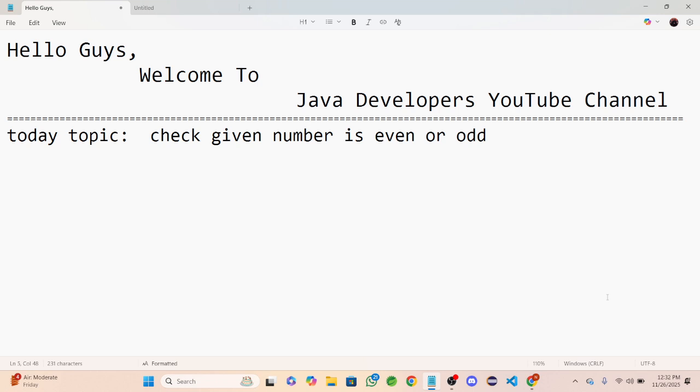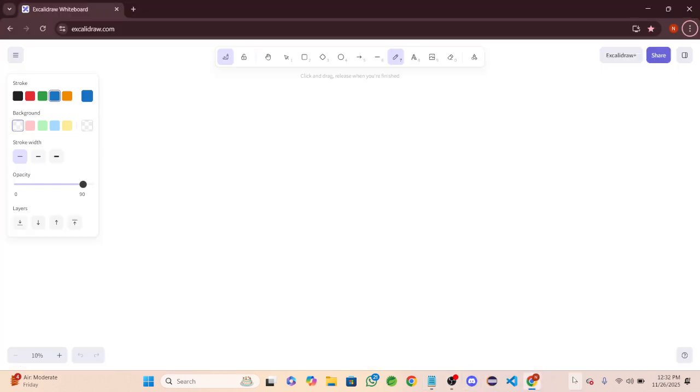So today our class is about checking whether the given number is even or odd. Most of you will already know the difference between even and odd, right? Let's discuss. As we know the arithmetic operators, if you're taking modulo,